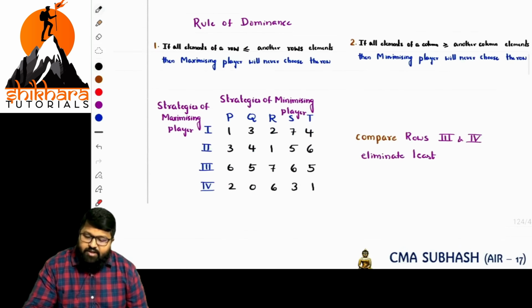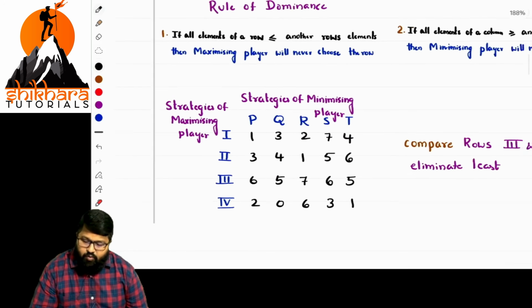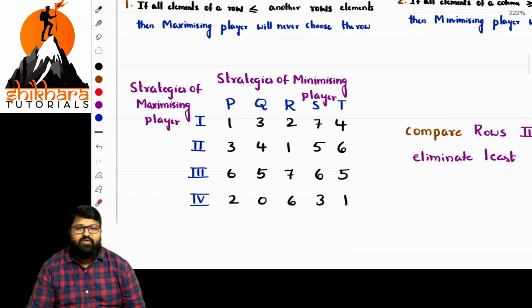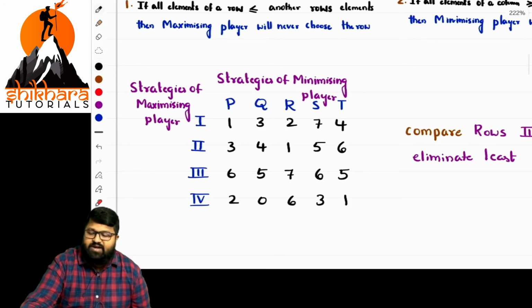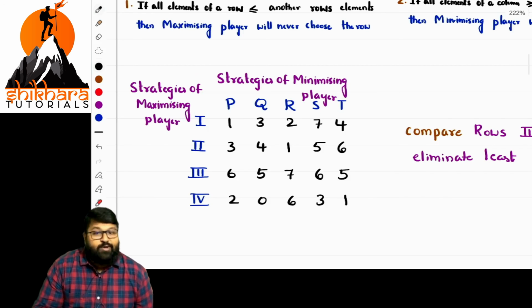Here basically the rule of dominance is mentioned, and this matrix should be mentioned properly for your convenience. Now, eliminating and all, basically we can eliminate as per your wish. What is the order of this matrix? Number of rows: 1, 2, 3, 4. Number of columns: 1, 2, 3, 4, 5. That is a 4 by 5 matrix. It should be reduced to a 2 by 2 matrix.